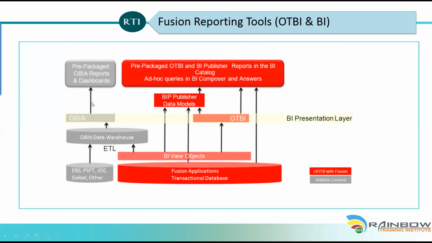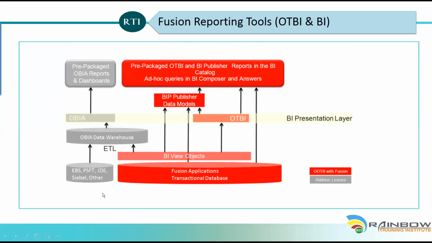Okay, and this left side one, what is grayed out? It is not part of the licensing along with the Fusion application. It's part of complete OBIE licensing. If you want this one, then we have to buy it separately. That's why it's an additional license. The rest is out of the box with Fusion. So this additional license is needed if you want to use Fusion reporting tools